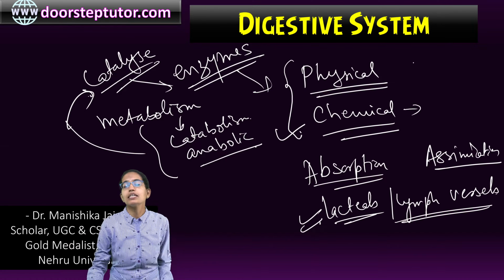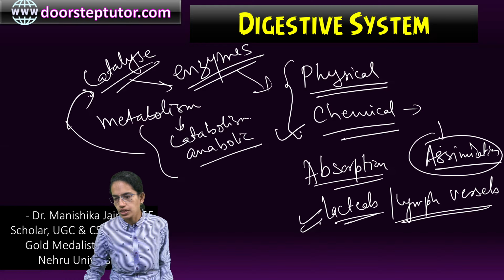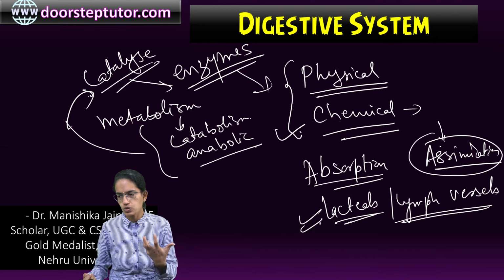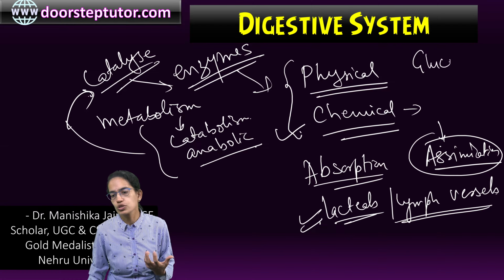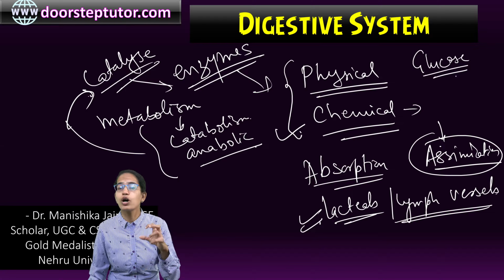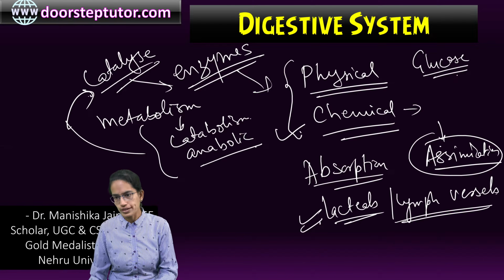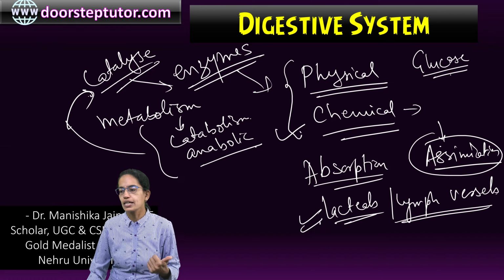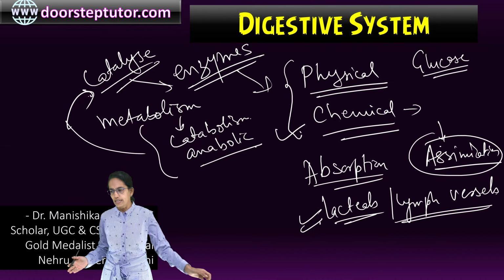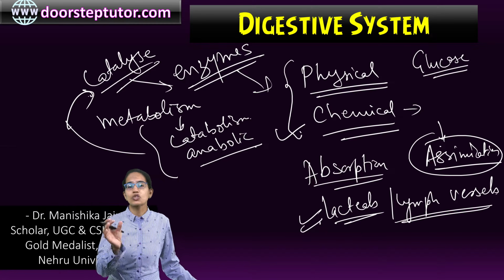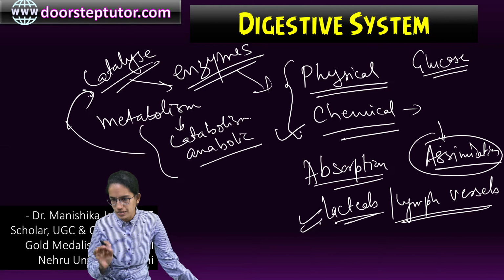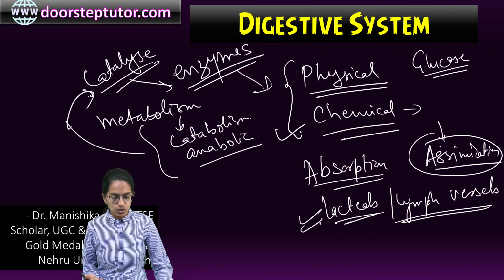The last is assimilation. Assimilation is after the absorption, when this food is utilized by the various organs. For example, glucose is utilized for respiration. The excess glucose is converted into glycogen in the liver. Similarly, amino acids are used for the synthesis of proteins, and are used by the enzymes. Also, they are used for construction of various cell organelles. The next is fatty acid and glycerol. These get converted into fats.